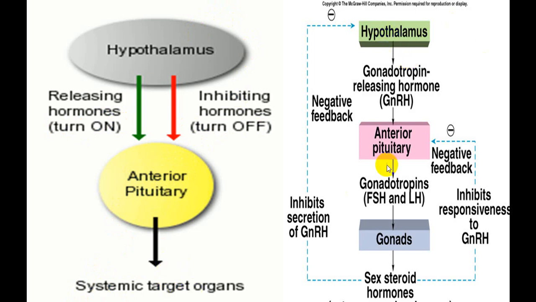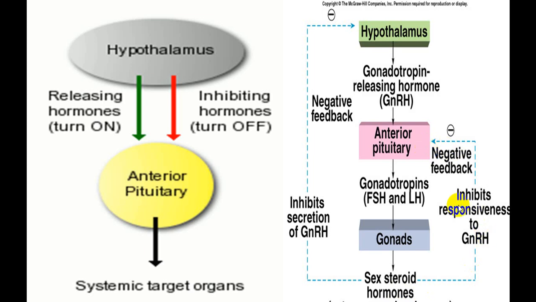This is roughly one example, and we have shown you before that hypothalamus releases gonadotropin releasing hormone. So in anterior pituitary it will stimulate the production of FSH-LH. This FSH-LH will act on gonads. It will produce estrogen, testosterone, and these hormones, estrogen and testosterone, will have an inhibitory effect on anterior pituitary and reduce the production of FSH-LH. This is called short loop